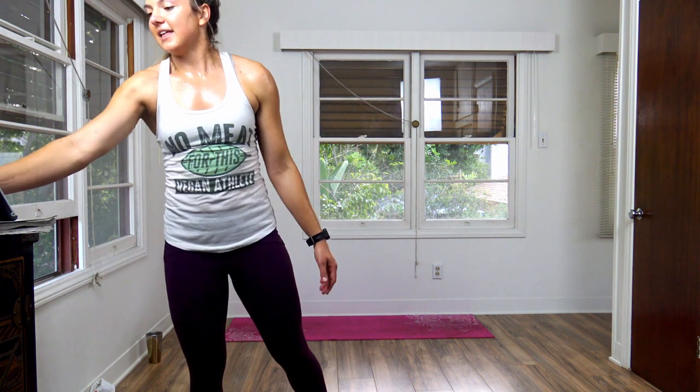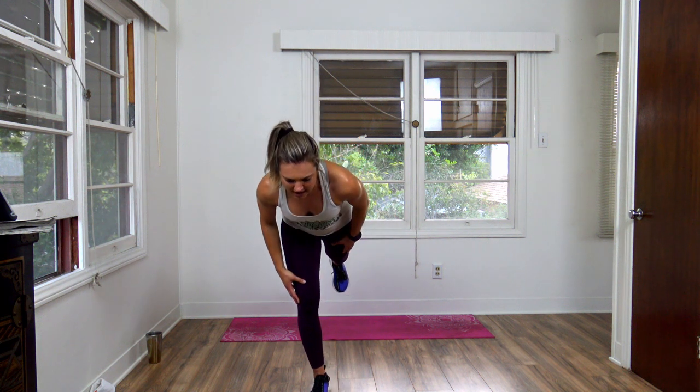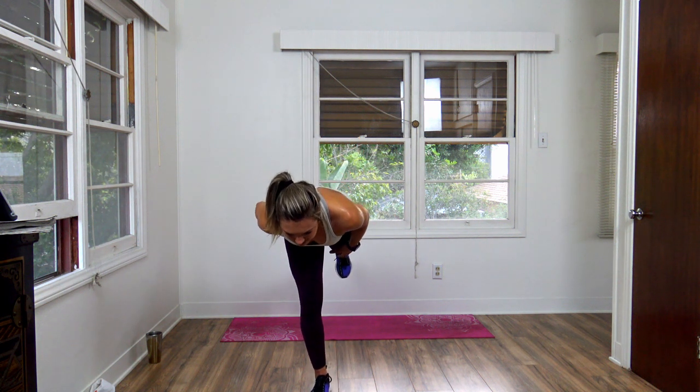All right, friends, we got 4 movements. We're starting off with a single leg deadlift. No weight at all, just your body weight on that right leg. So here we go, in 3, 2, and 1. Pour your weight into that right leg, soft bend in your knees. Opposite heel is lifting up towards the ceiling. Start to hinge down. You're squeezing the glute of that standing leg and press the floor away if you can